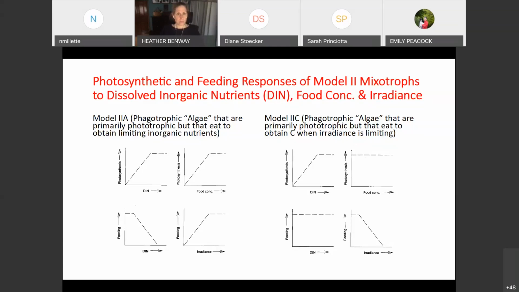If we look at feeding in response to irradiance, in the ones that eat to get inorganic nutrients, you would expect that to actually increase with irradiance, because if they're photosynthetic and fixing carbon, then they need nitrogen and phosphorus to go along with that to actually produce more biomass. And so that should create a need for more nitrogen and phosphorus. So feeding would be a response. In contrast, the ones that feed due to limitations in carbon uptake due to light, as irradiance increases, feeding should decrease. So this is a very simplistic way to look at this. I'm going to skip the next slide and go on to